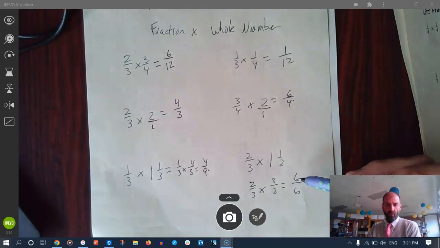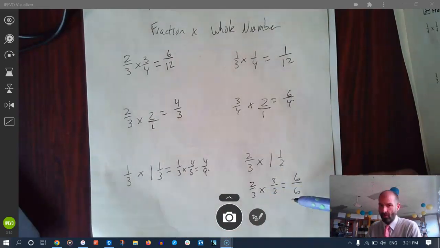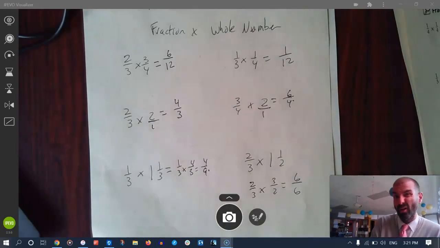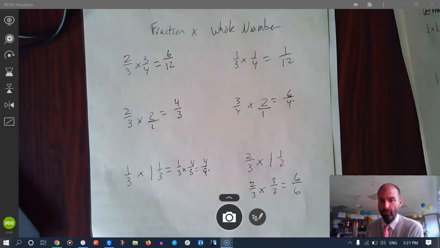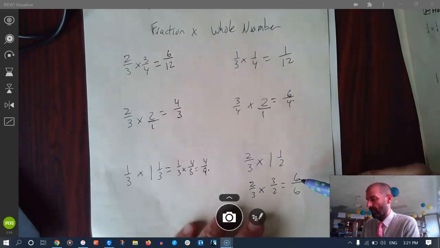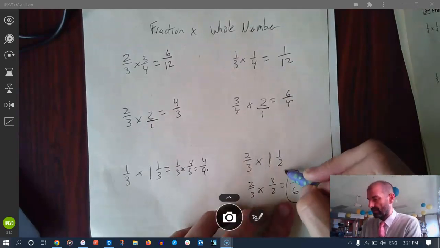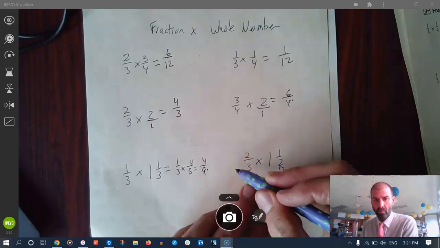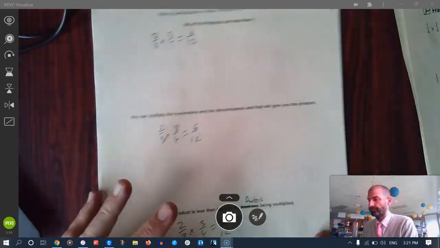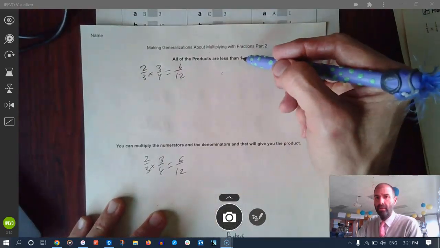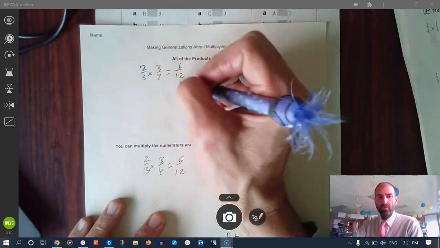1 whole, cool. So again, this one, I can multiply the numerators and denominators together. We've seen that for all of them. That is definitely true for all numbers. When we're dealing with fractions, we can multiply numerators and denominators. And this 1 is less than 1 1/2, but it is quite more than 2/3. Okay, so looking back at here, all of the products are less than 1. That is only for 2